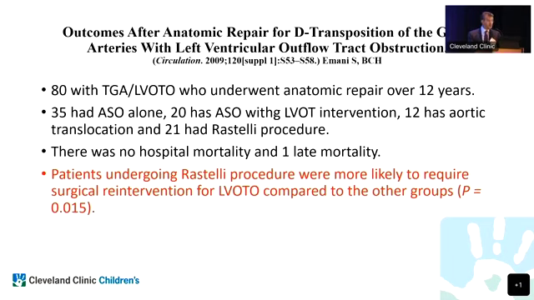This is a review from Boston Children's, 80 cases, transposition with left ventricular outflow tract obstruction. They had 35 who had just an arterial switch because this probably was a septal shift. And the other ones had a left ventricular outflow tract resection. 12 had aortic translocation and 21 had Rastelli. Again, the patients who underwent the Rastelli procedure were more likely to require surgical intervention for LV outflow tract obstruction, less than the